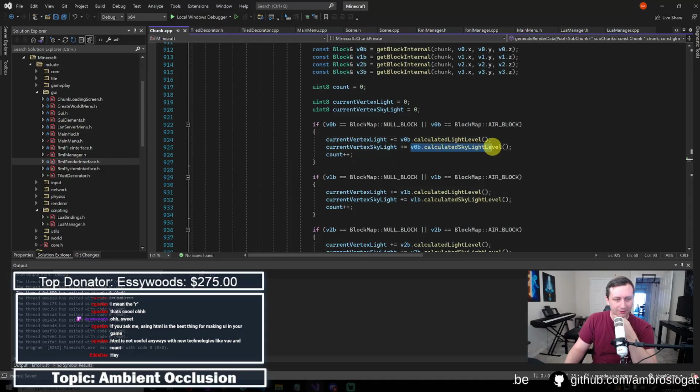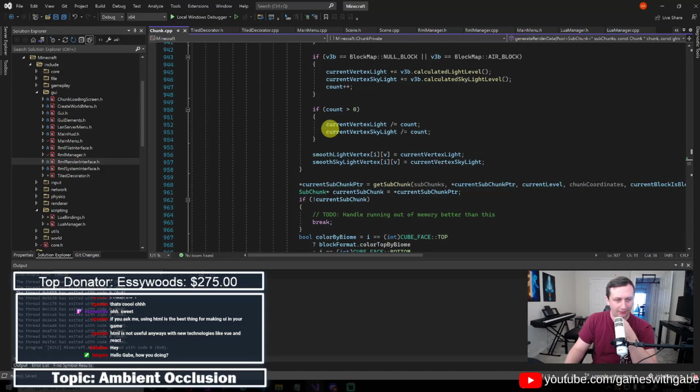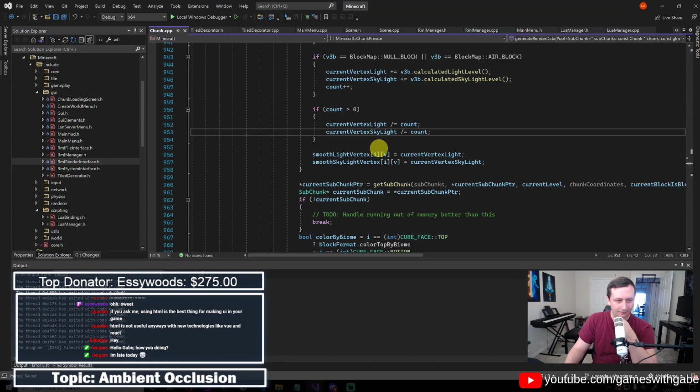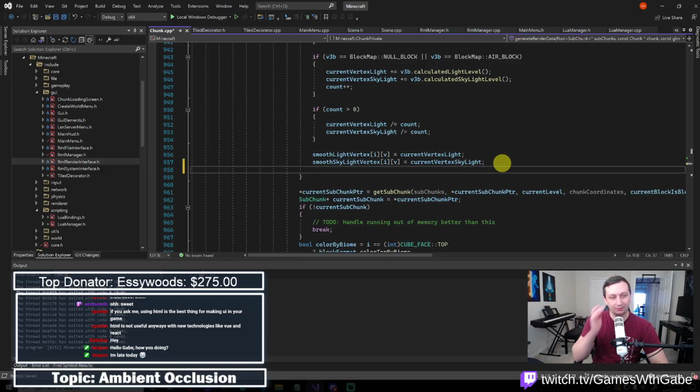Okay, and then this plus... okay, so then we're just averaging all of them, right? For anything that's an air block, we add that to our average, and then we divide by that count. Then we set smooth light vertex to current vertex light and current vertex skylight. Okay, cool. So this is where we could do something where it's like